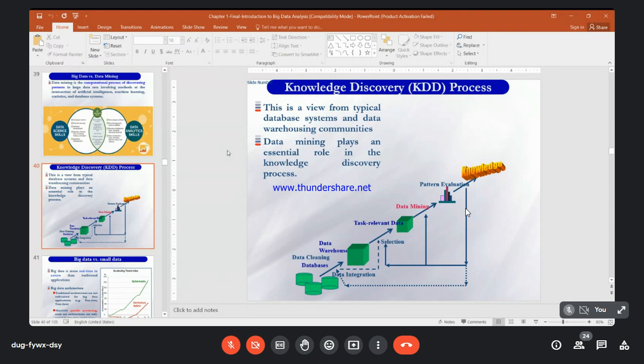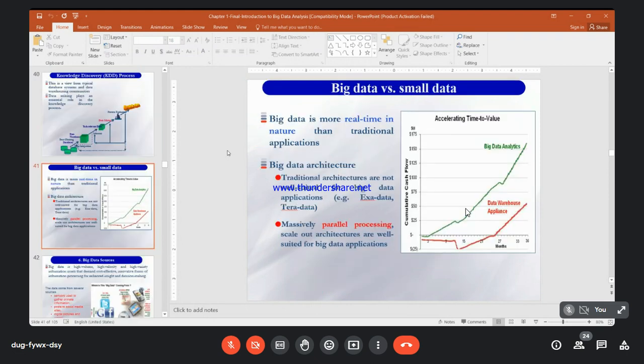Data mining usually analyzes only the pattern, some association only, rather than predicting future situations. Here is the reason why big data is applied. You see at the top how big data is increasing exponentially. The red one, the data warehouse, is very small so far.